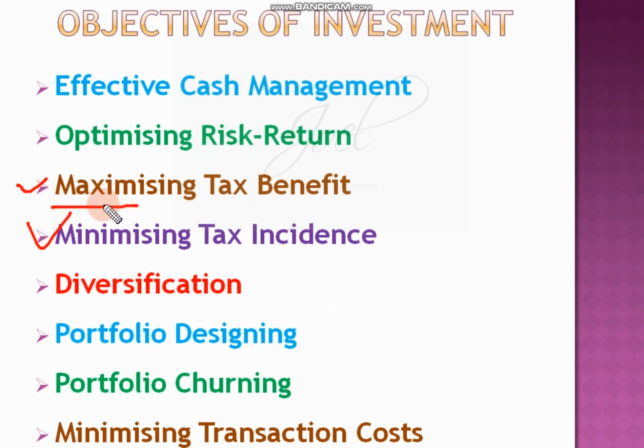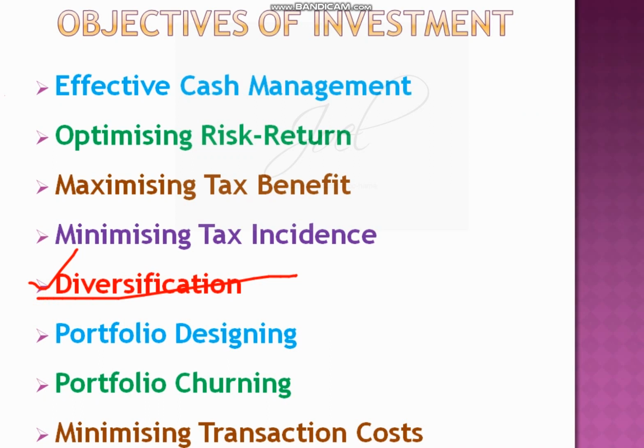One is you have to maximize your tax benefits. You have to see that more tax benefits you will get. At the same time you will minimize tax incidence, where you have to pay less amount of tax, and that is also ethically. Next concept is